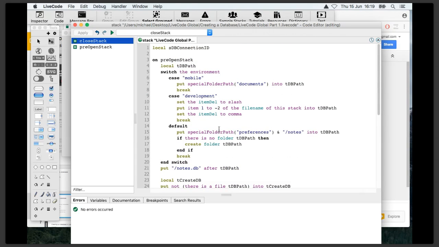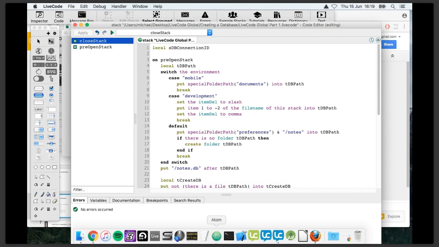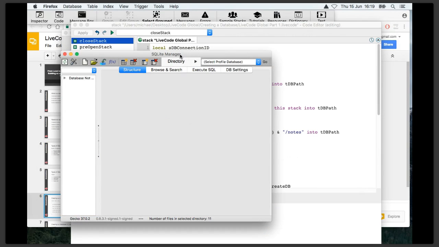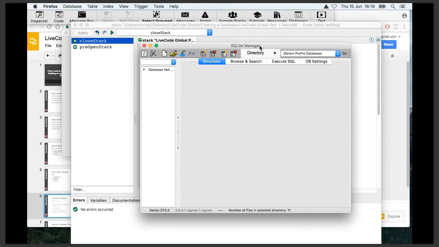That is the IDE, so it's decided to place it next to our current stack. Now what I've got here is a little tool called SQLite Manager, which is an add-on for Firefox. There's many other similar tools out there. This is one that I just happened to find, and what that does is lets you view and browse the contents